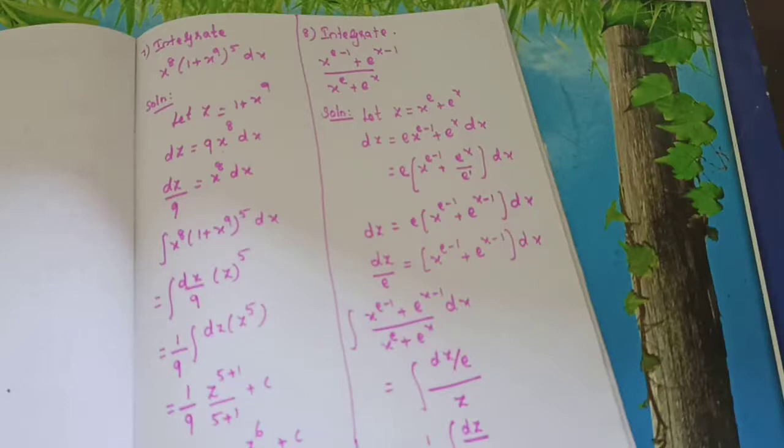So next step, what will happen? This e power 1, if you change it to the numerator, becomes e power x minus 1. Afterwards, if you take e to this side, we can substitute the numerator as dz by e. Have you got it? Very easy. Okay students, let's move to the next question, problem number 9.